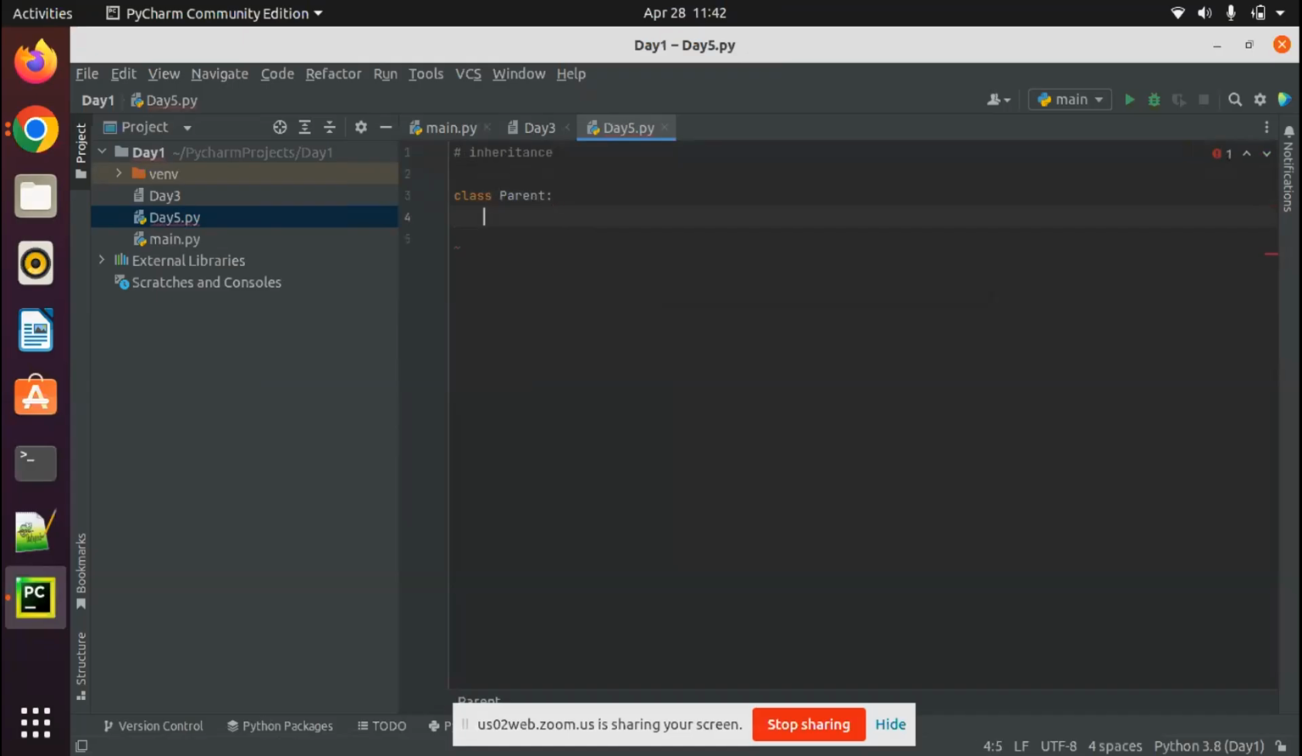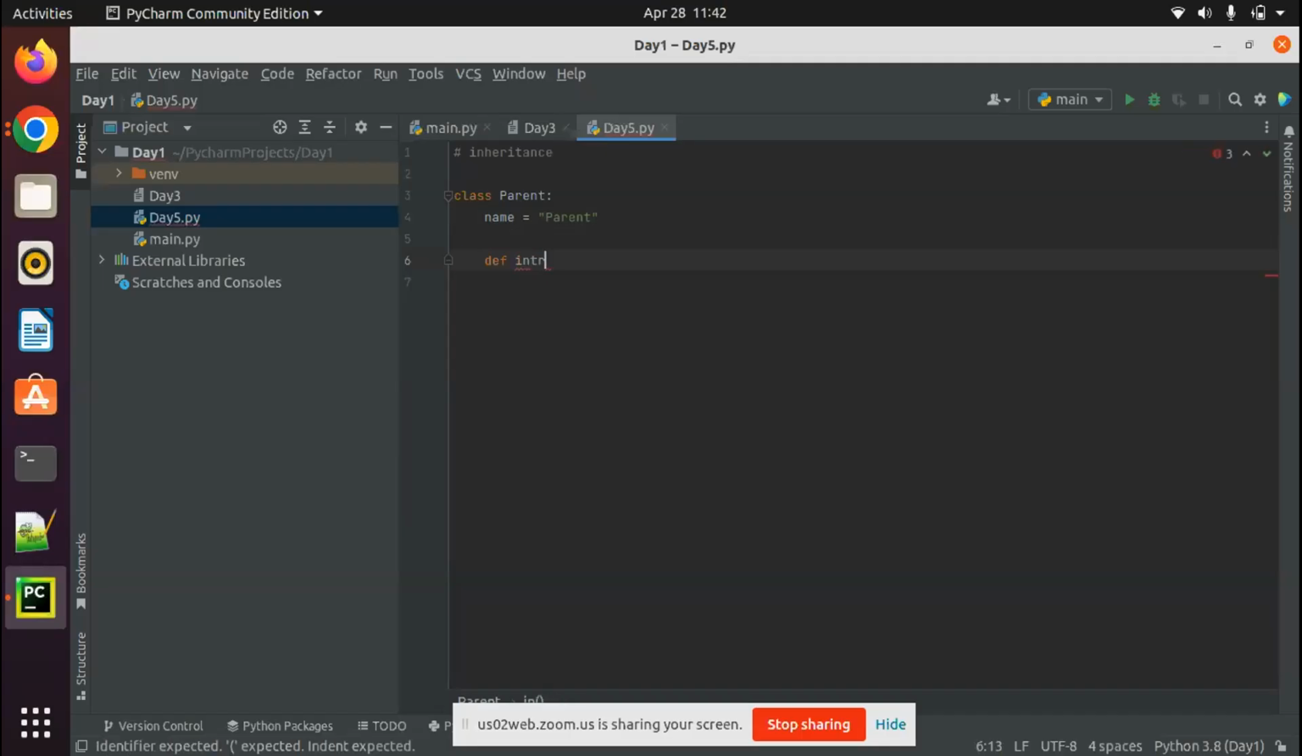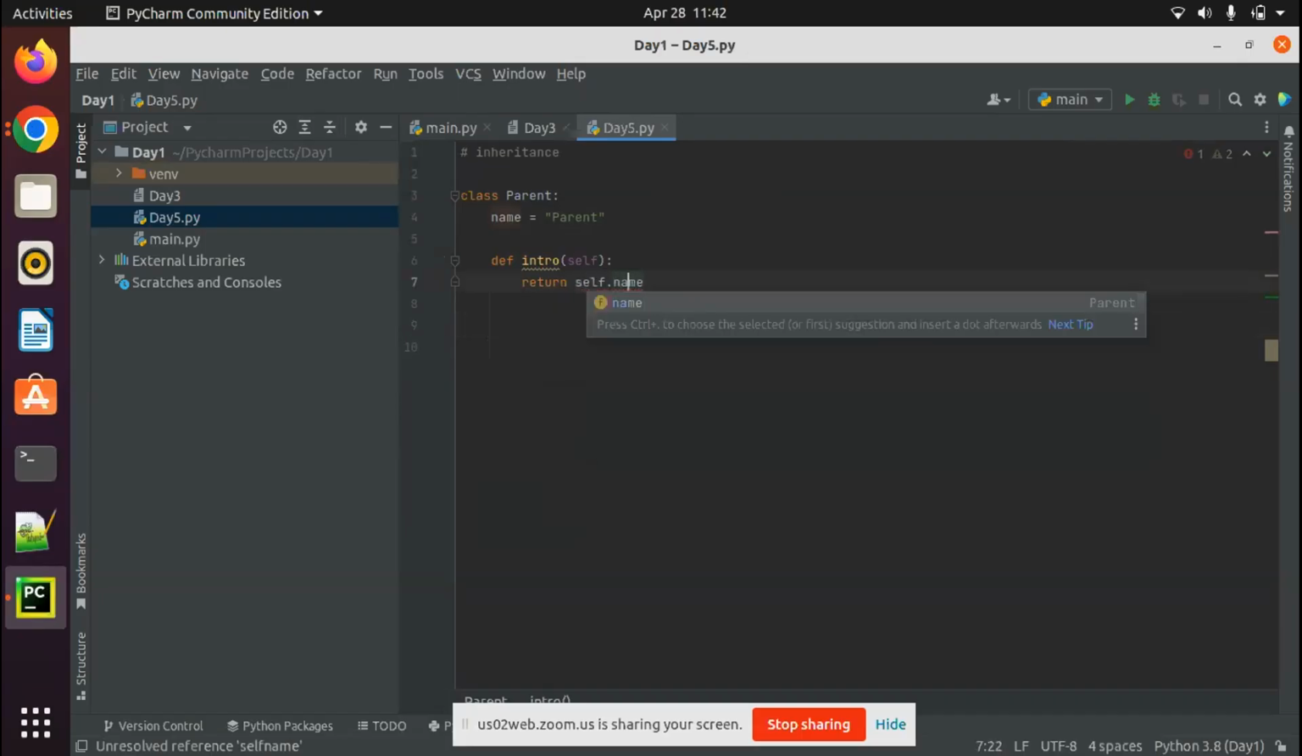let's say the parent class may have some attributes like name, let's say parent, and maybe some methods also, like intro. Now, if you want to reuse this function or the attributes of these classes, then what we can do is create a child class and just inherit this base class, which is parent, to our child class,